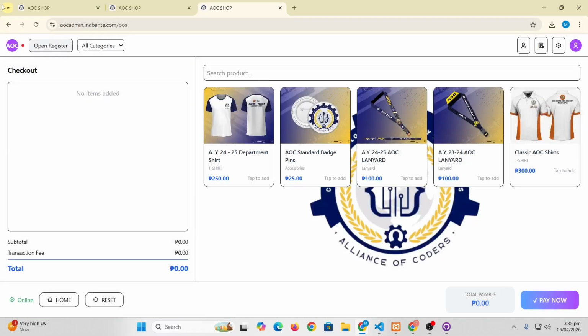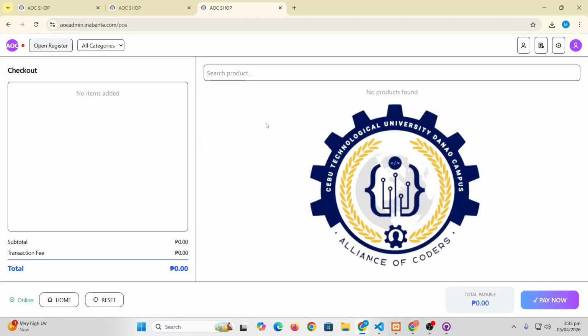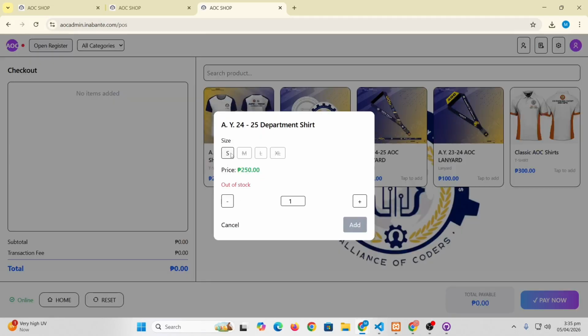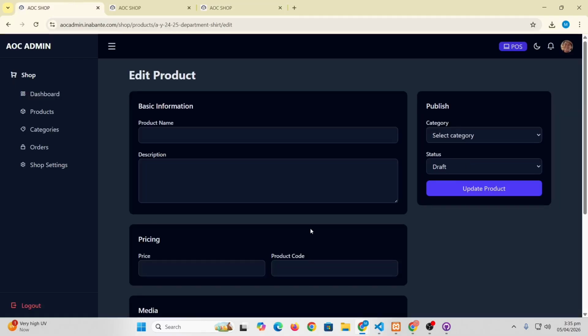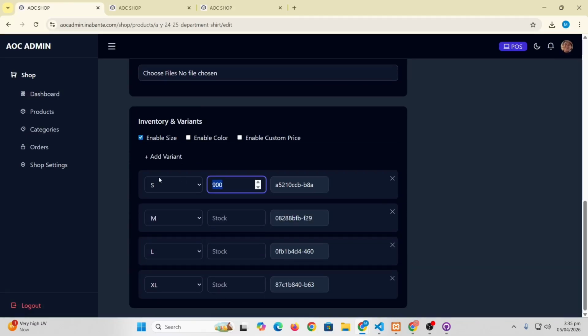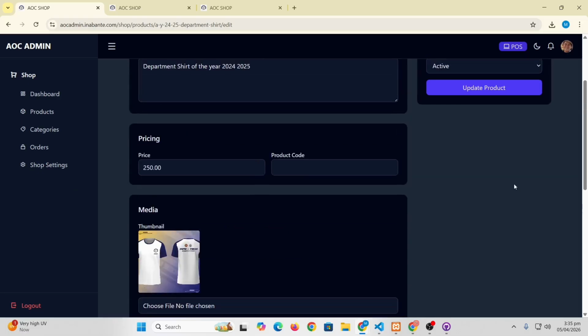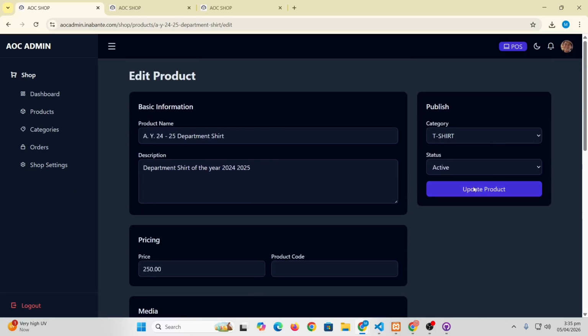In our AOC shop, let me just refresh in our POS, so we can now order the department shirt small and stock 900. Okay, so let me just remove that. So that's how the stock management, inventory, and variance of the product works. Okay, so very basic, very easy.